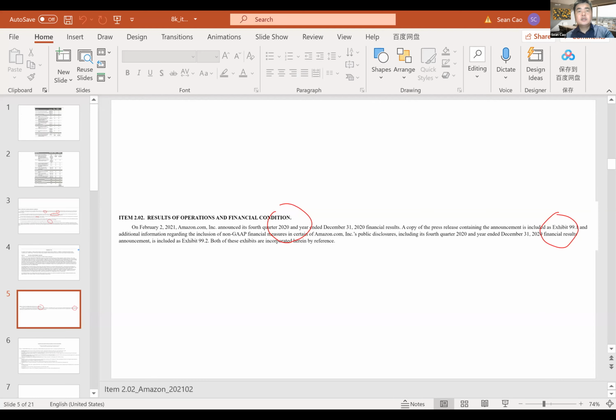Before I tell you, let me repeat my question one more time. Item 2.02 is about the firm's earnings, operational performance, sales, cash flow, all these numbers. Are you wondering, we can get all this information from the quarterly report and the annual report, so why do we need to analyze the 8-K to get these financial numbers? The answer is that the numbers here are disclosed before the quarterly report and annual report. Does that make sense?